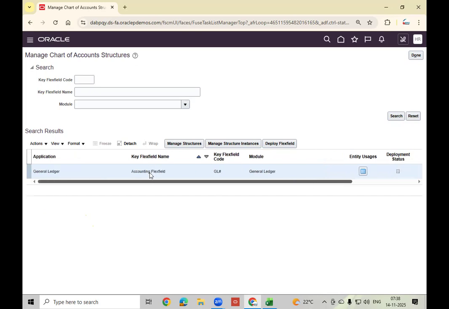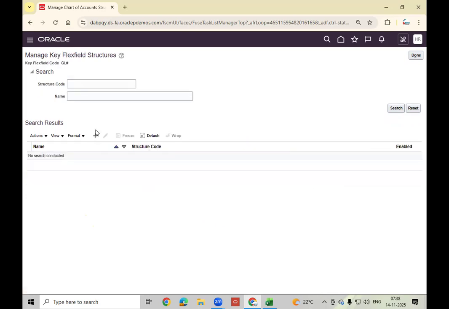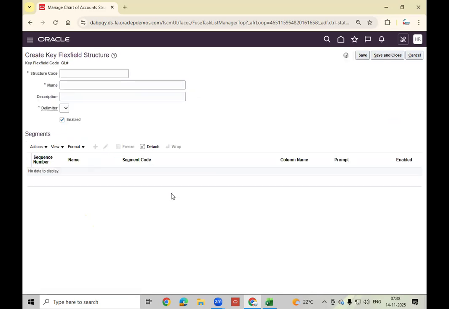Let's see. First you click on this manage structure, create new. HN underscore COA chart of accounts. And so this delimiter, separator.